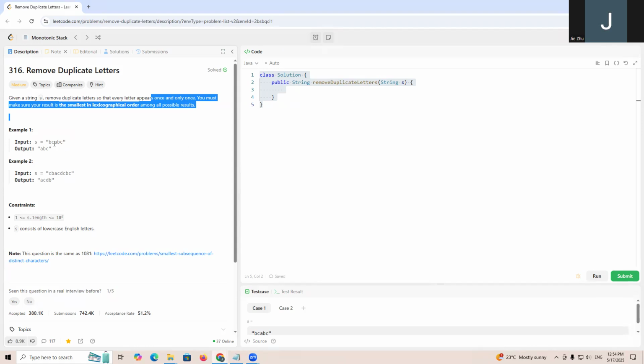For this question, you'll see there are B, C, A, B, C, so there are three characters, and we need to have A, B, C, right? And the second one is A, C, D, B. Because we can only remove, that means we cannot change the order. Otherwise, we would just find the distinct characters. So for this question, we want to get a lexical